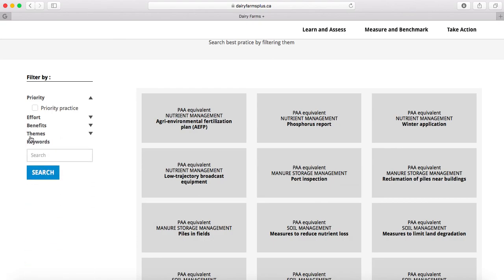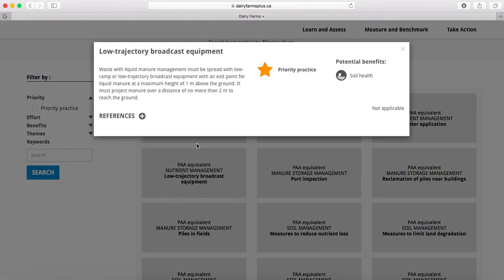Each time you click on a BMP, you will see a fact sheet providing you with a detailed description of the BMP, the potential benefits, and useful references for you. If you click on that, a pop-up window appears, and in this case you have the name of the BMP, the low trajectory broadcast equipment, and then a short description of what it is. In this case, we see this as a priority practice, and the specific benefits coming from the potential benefits related to this